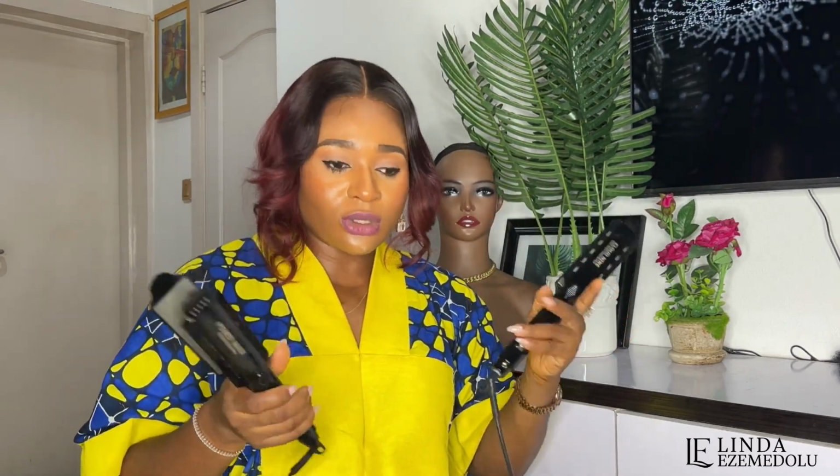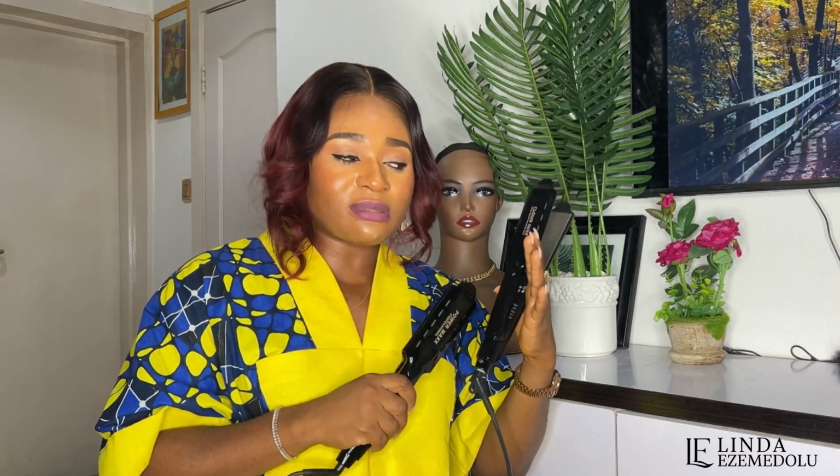The Powermaxx hair straightener doesn't do that. It comes on whenever you put it on. So it just seems like the Powermaxx straightener solves all the problems that the Cloudnine hair straightener has. It just seems like the Cloudnine straightener has a bit of a malfunction in the making of it or something. But this one right here doesn't have the issues that the Cloudnine hair straightener has, and it's cheaper than the